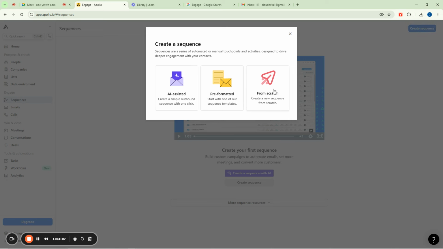Right now, we have three modes of creating a sequence here. We have AI assisted, we have pre-formatted, and from scratch. For me, when I start from scratch, I think at least I'll know what was done and how I did it and how I arrived. That's why I like using it. But if you know you don't have that time, you can actually use